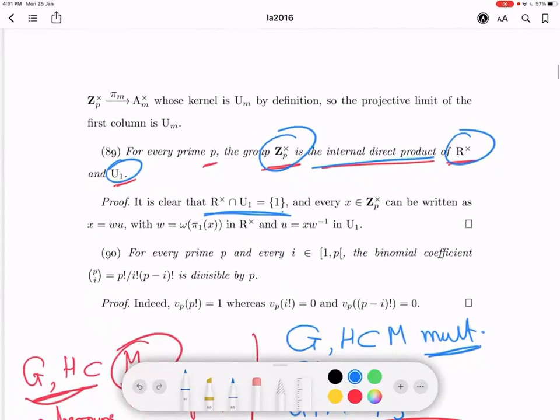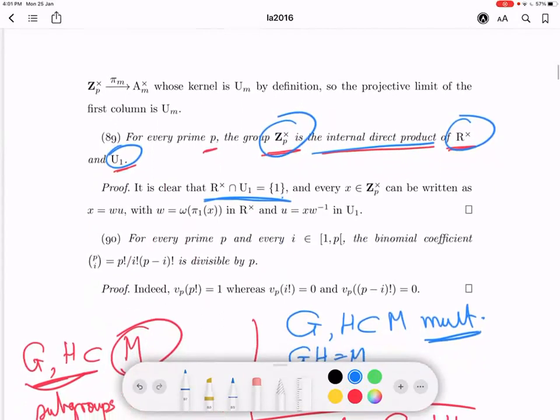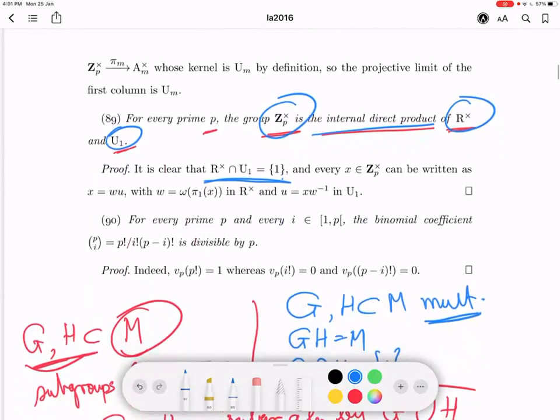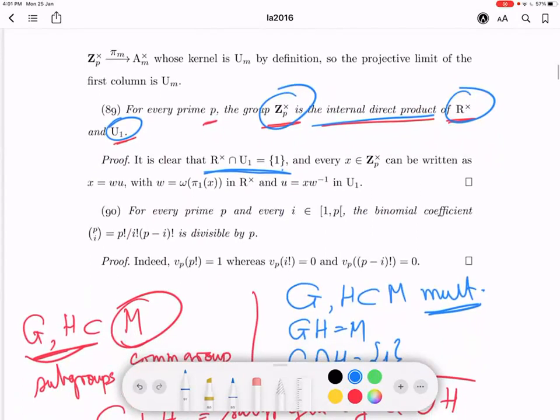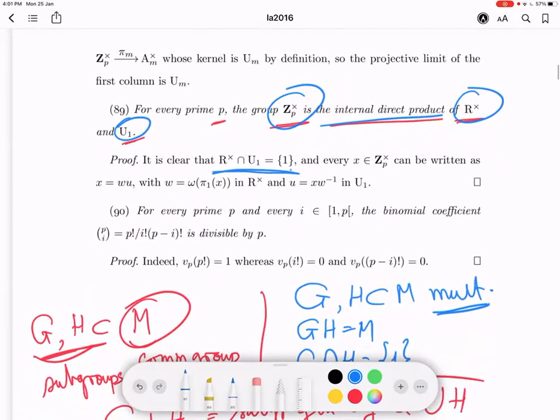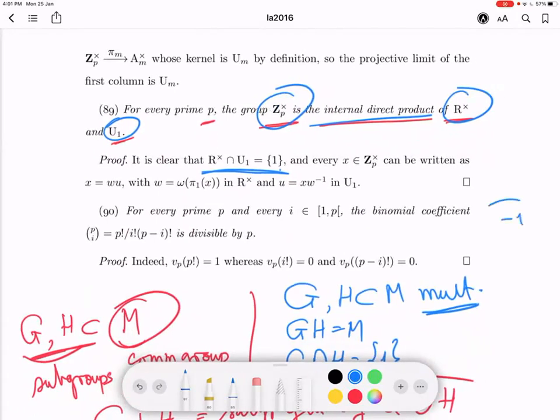But elements of U1 are of infinite order. Well, actually, there's some problem when p is equal to 2. This minus 1, for example, is in Z_2 star. It's of finite order, but it's not in R star. R star in this case will consist of just the element 1, and this minus 1 will be in U1. Anyway,